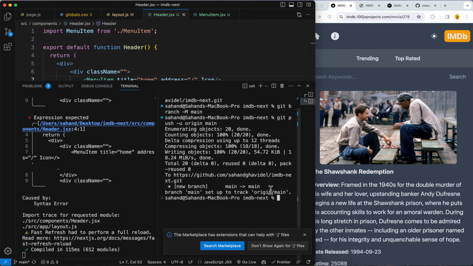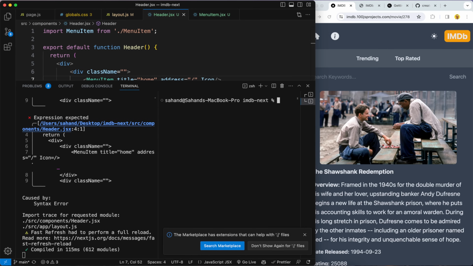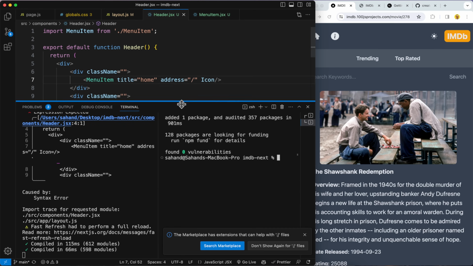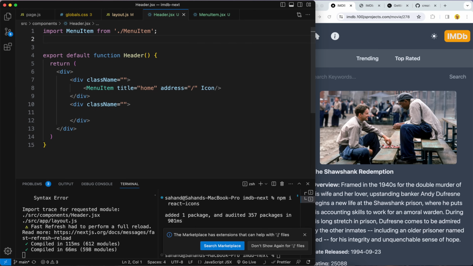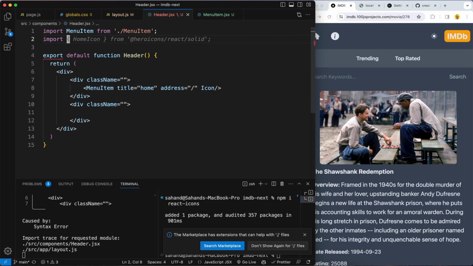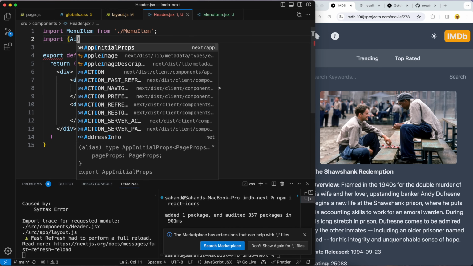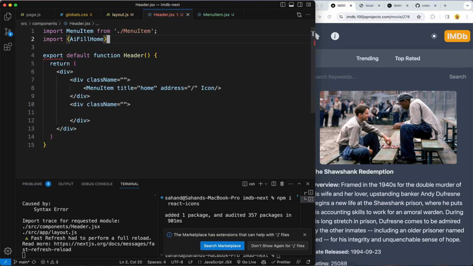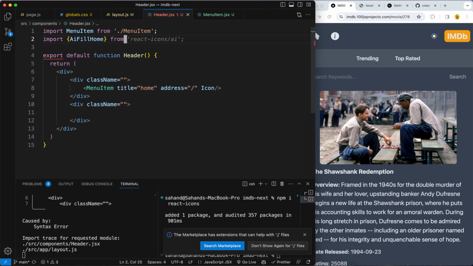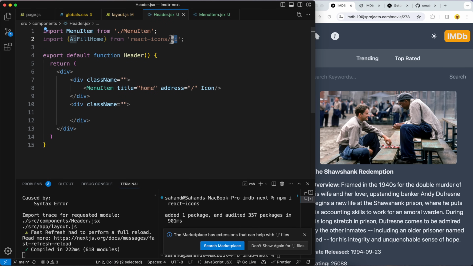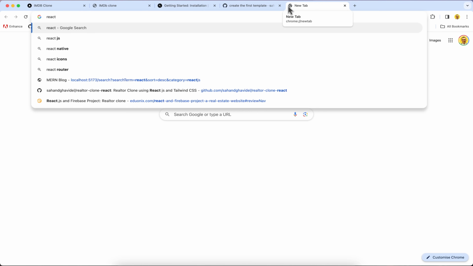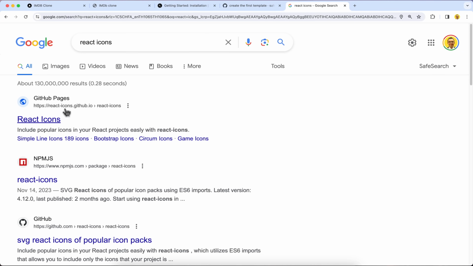So here inside the terminal, let's clear this. I want to install a package called react-icons. And using this package, we want to add the icons. So the first icon I want to have is this icon, which is AiFillHome, which is coming from react-icons/ai. AI stands for, I don't know what exactly it stands for, but if you check the React Icons website,